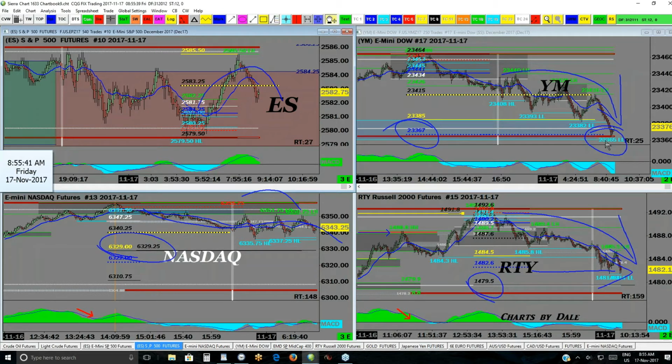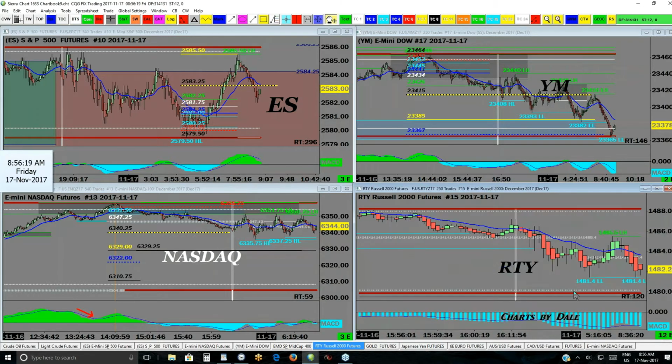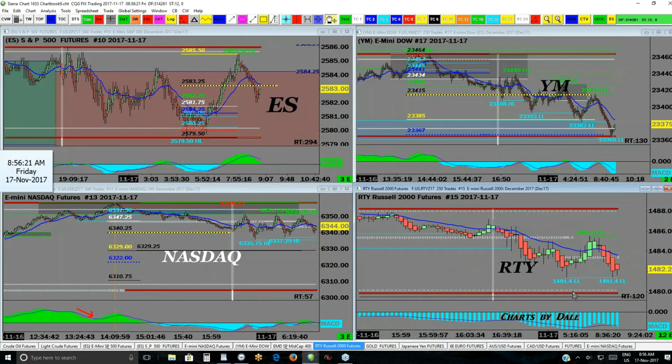And the same with YM. YM should retest about your 23,393, 385 area here, and it shouldn't take long to do that. A little bit of a double bottom here on the RTY. We can zoom in on RTY. Zoom in here. So the RTY has that double bottom right there at